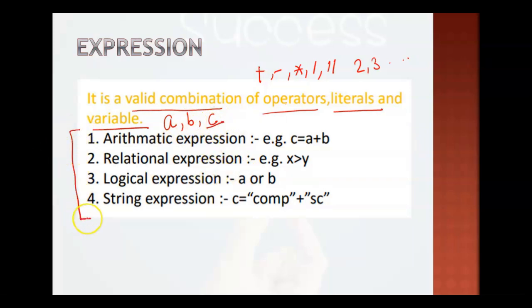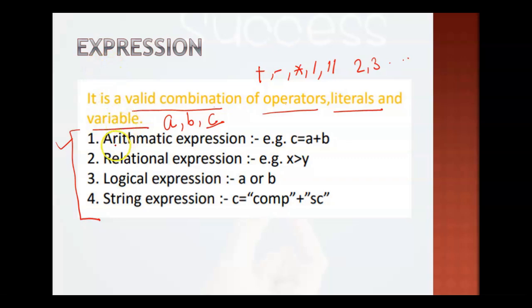Now, we have four types of expressions here; this is the categorization of expressions. We have the arithmetic expression. If you observe one thing in computer science, all the topics are interrelated. They are not individual topics, right? So if we know what an expression is and what arithmetic is, then you can relate all those things. Again, if you want to understand expressions properly, you should be clear with arithmetic, relational, logical and string operators. I already covered that in part 4, so please go through it.